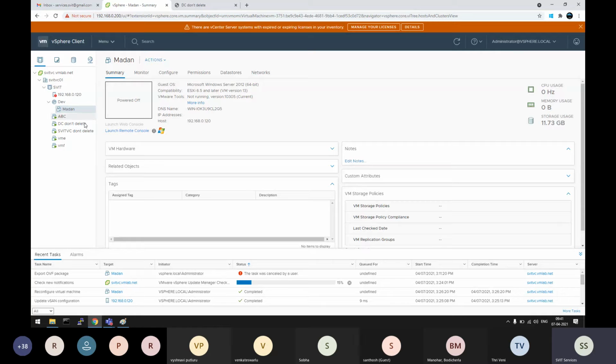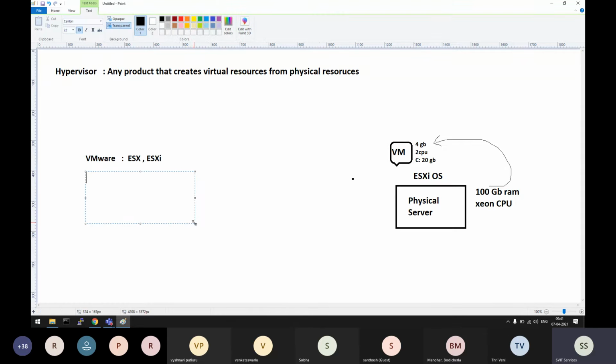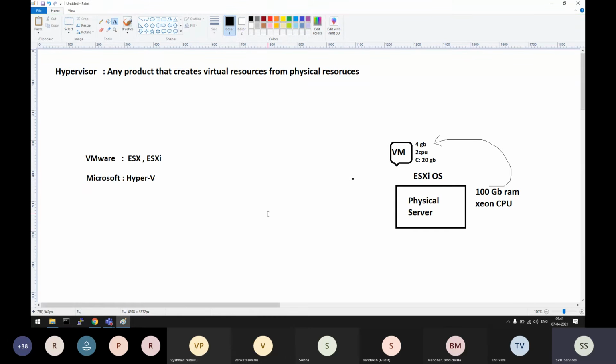Okay, understood? So, a lot of advantages we get with this technology, and we are going to learn about them later. So here VMware is a company name which has developed ESX and ESXi, which are examples of a hypervisor. Next biggest competitor for this technology is Microsoft. Microsoft is almost always a copycat. Any product which is a huge hit in the market, they try to create another copy of that product with easy options and less pricing. So they have developed a product called Hyper-V. They have developed a similar product like ESXi OS.